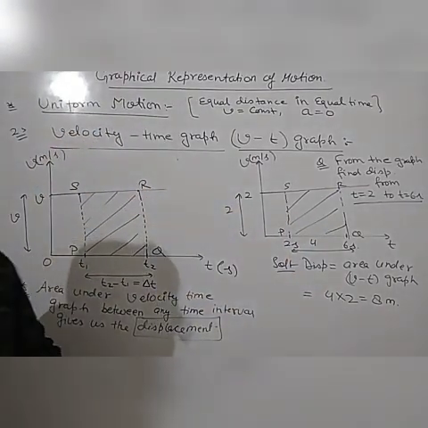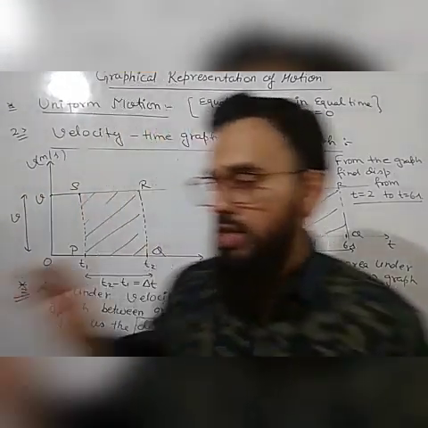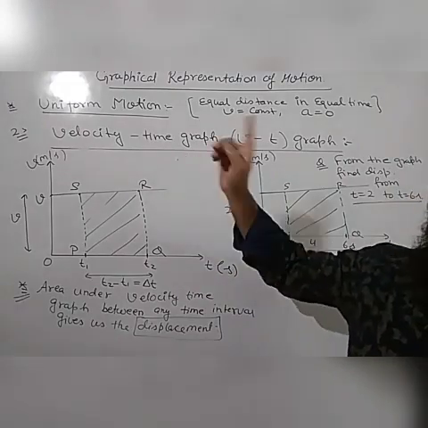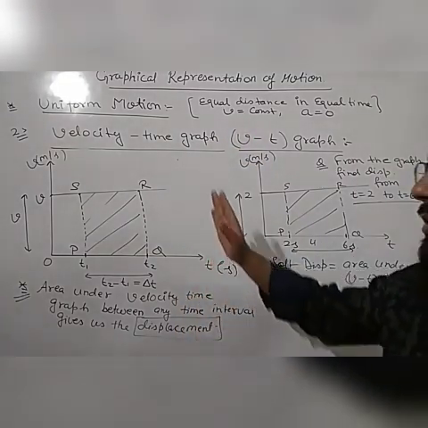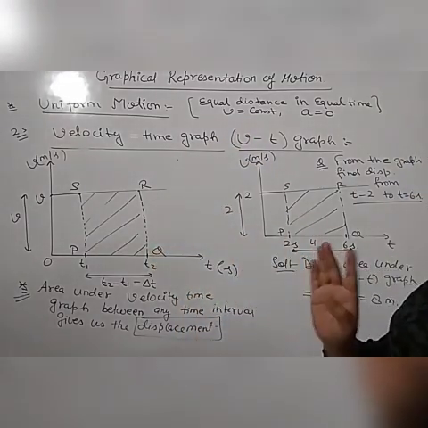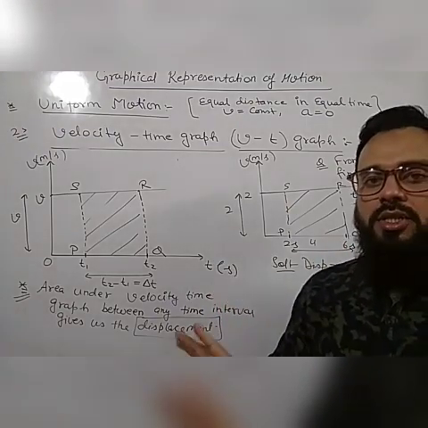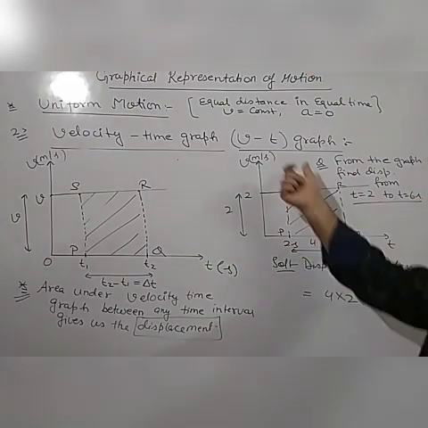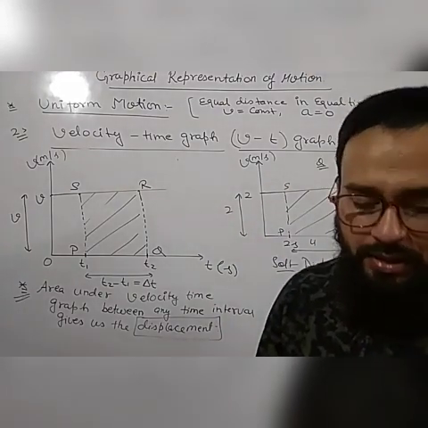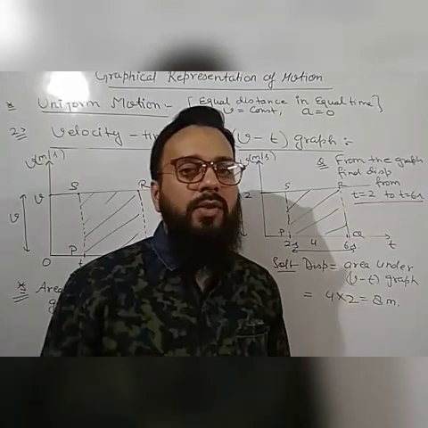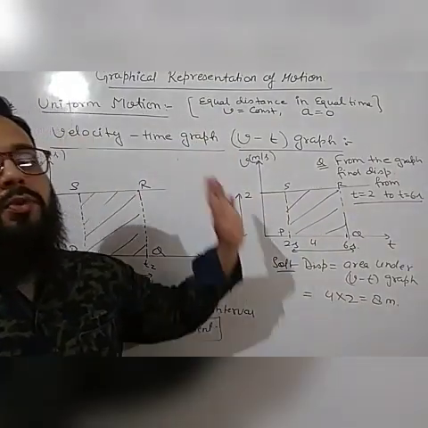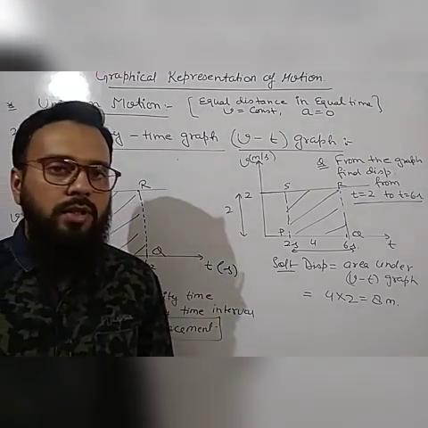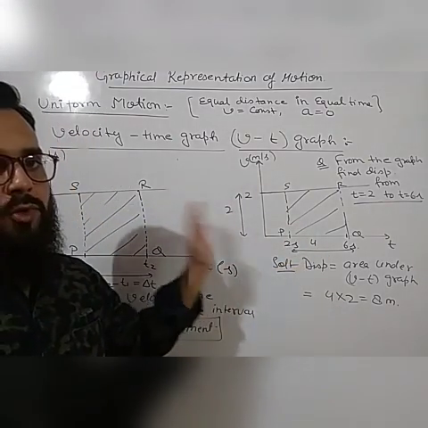Okay. So today we have discussed only the position time graph and velocity time graph of uniform motion, and what we can obtain from both graphs. The position time graph gives us velocity by finding the slope, and the velocity time graph gives us displacement by finding the area. From the next video we will discuss the acceleration time graph and then we will move to non-uniform motion and discuss the graphs of non-uniform motion also. So you have to remember all these things. You have to practice all these things.